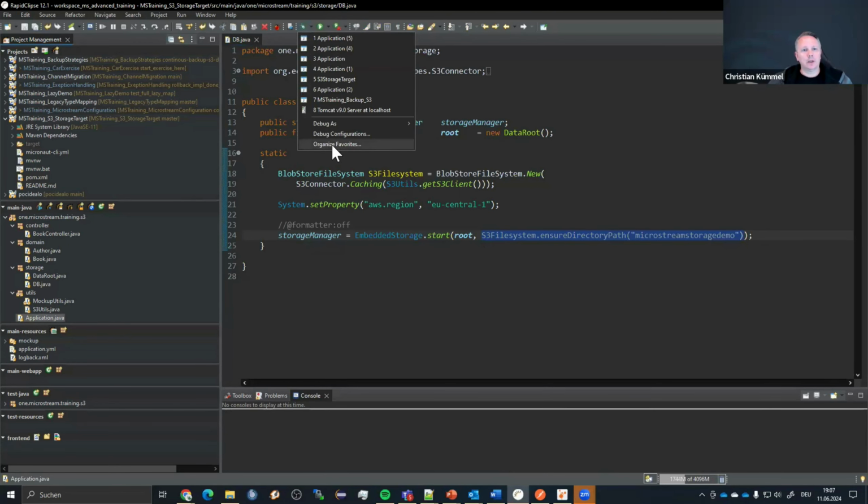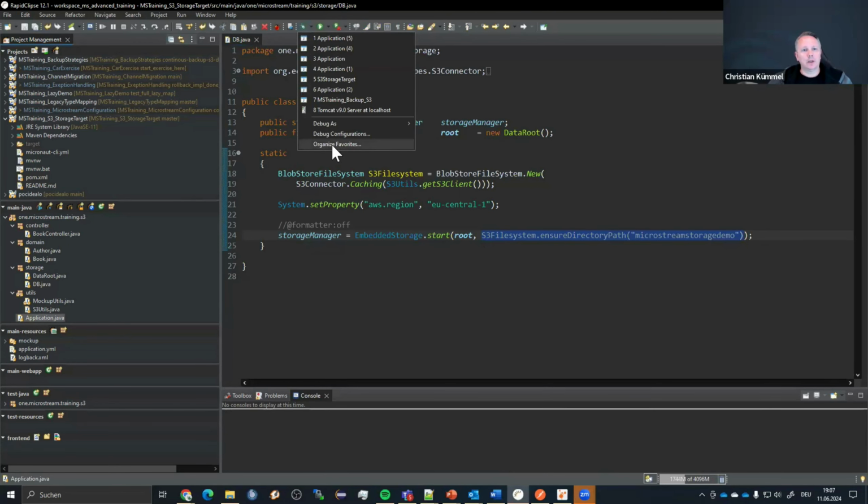Let's check for some books. So localhost 80 books. You see the Eclipse Store is initializing. And when I now refresh, you see the bucket entries here, and there is no surprise. The objects are the same, like on the hard disk. It's quite the same. So the result is empty. This is also no surprise. So let's create some books. So let's check if the books are available. Now we are able to